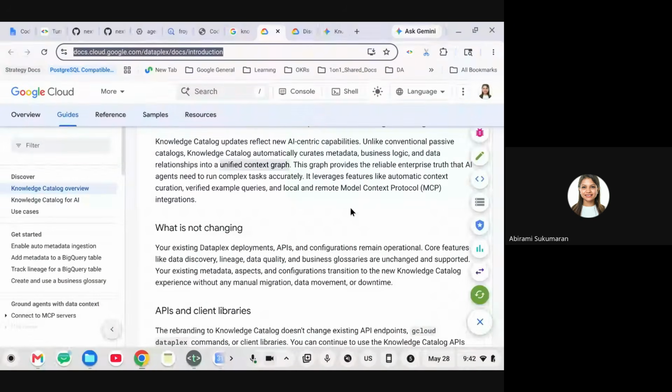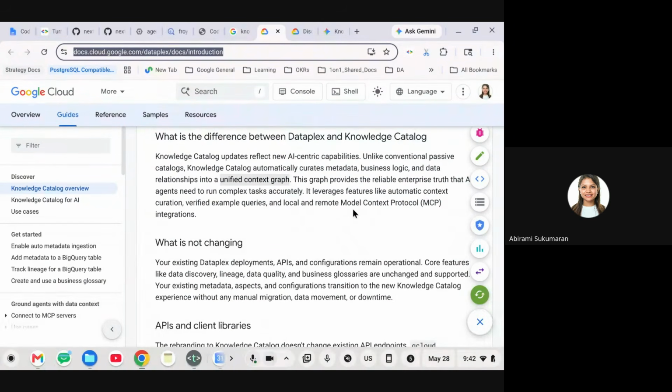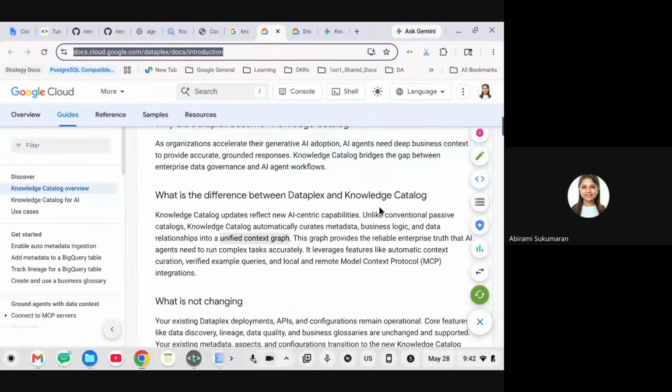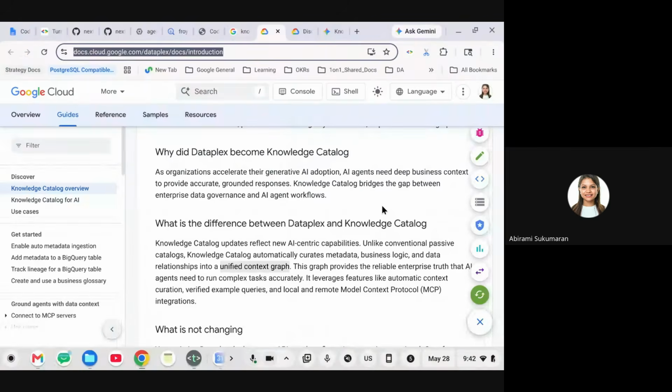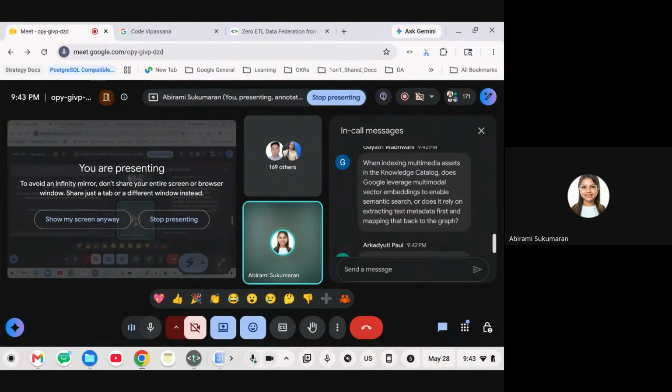I've sent that link. It actually converts our data into a unified context graph, and it does require embeddings behind the scenes. It does require multimodal vectors and everything, semantic search and everything. But you, as a user, will not be experiencing all that. That is the job of the data scan, the semantic inference that's going on behind the scenes. So a whole other algorithm is there for semantic search and everything that's going on behind the scenes. All you're doing is just checking that box to activate it. I hope that helps.